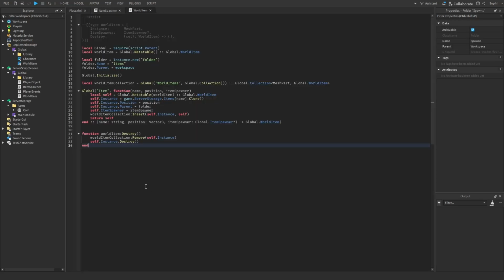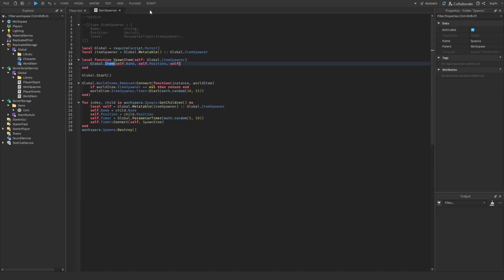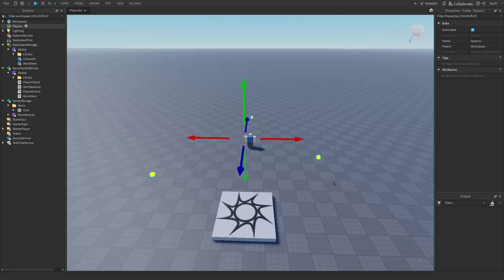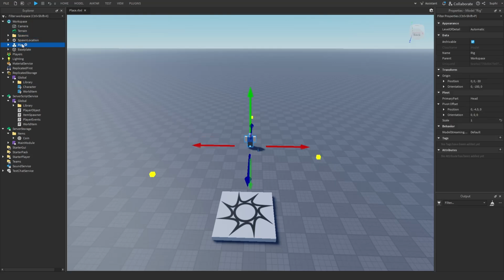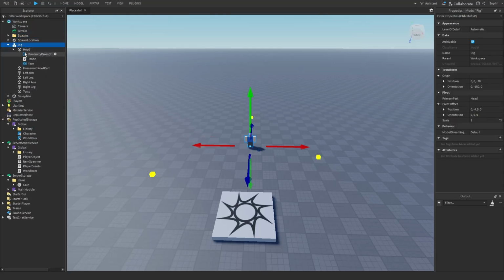Let's add an NPC that allows us to trade coins for levels. Now, ideally, you would want to use something like the item spawners, where you have a folder inside of Workspace, and then you loop through the folder of NPCs and set up an object for each NPC. But I'm just going to do this a simple way, also to demonstrate that we can have scripts inside of our Workspace. So all I've done is I've created a rig, and it's a simple rig with just some parts,